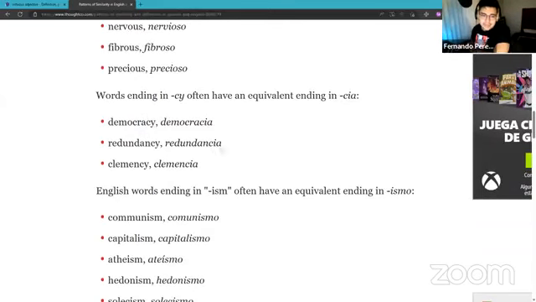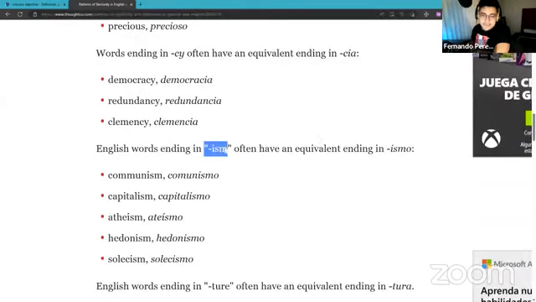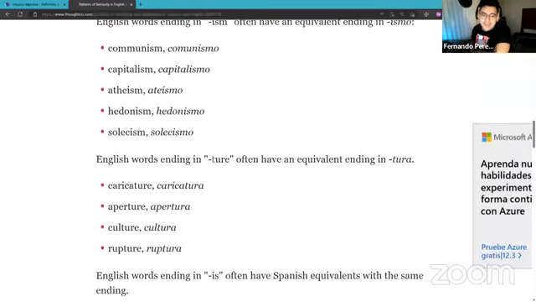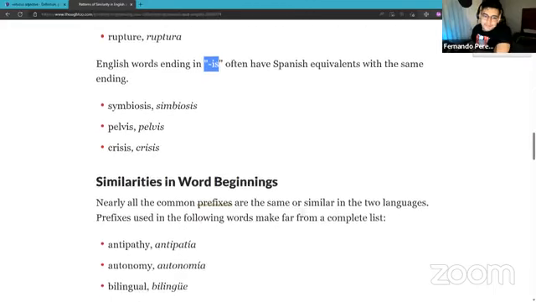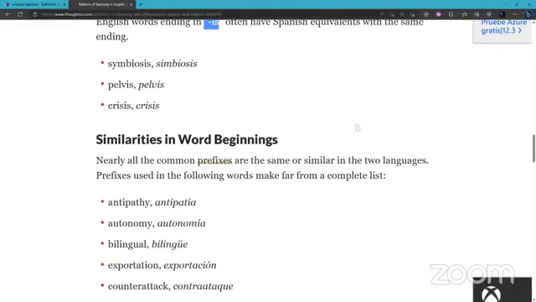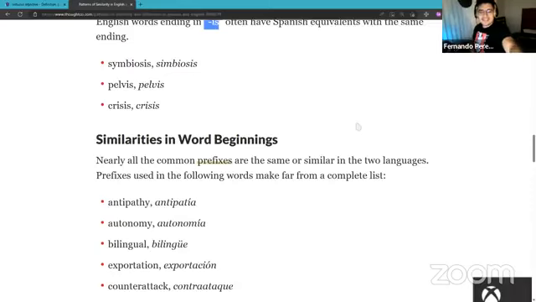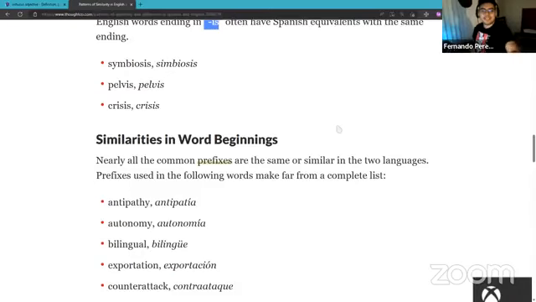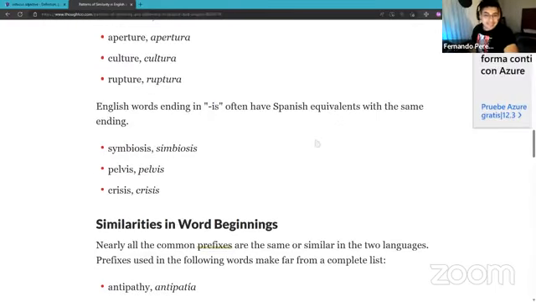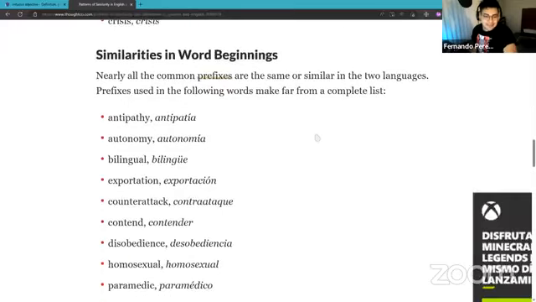Democracy, democracia, redundancy, redundancia. Ism, which is ismo in Spanish. Ure, which is ura in Spanish. Which is is in English too. Symbiosis, symbiosis. Crisis, crisis. It's exactly the same, it's very similar, right? This is, surprise, surprise, don't get tricked by the first impressions. Because we can say that everything is very similar, but then you see